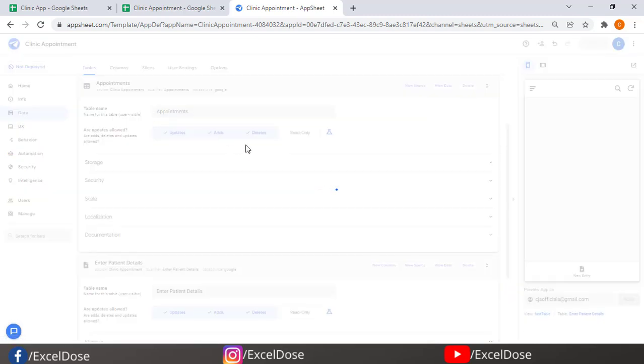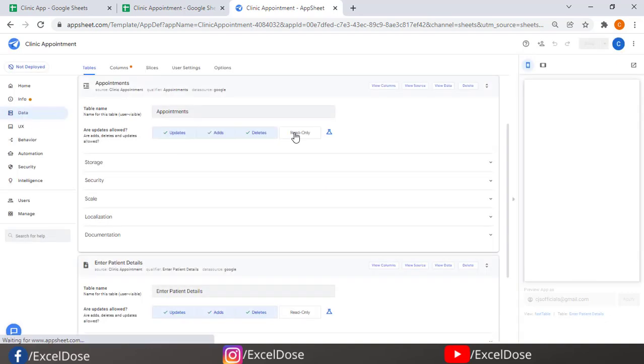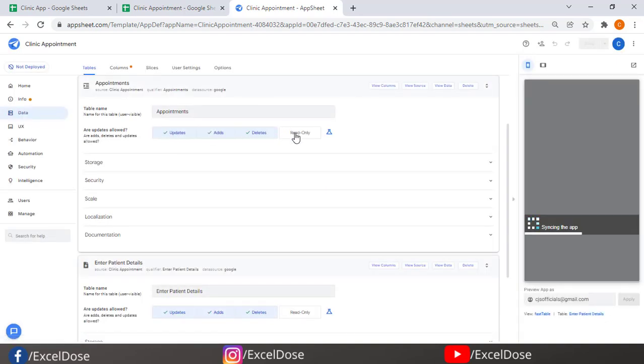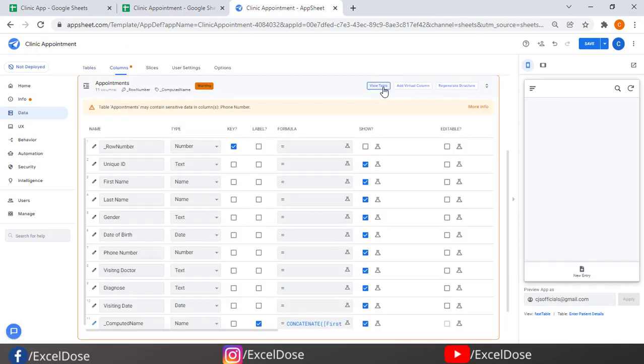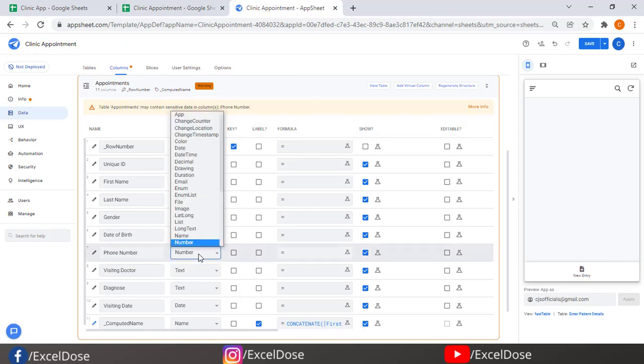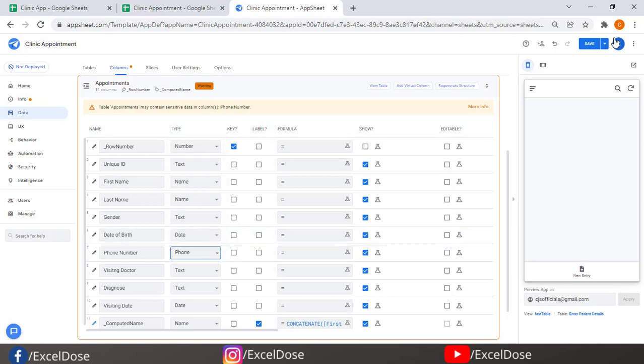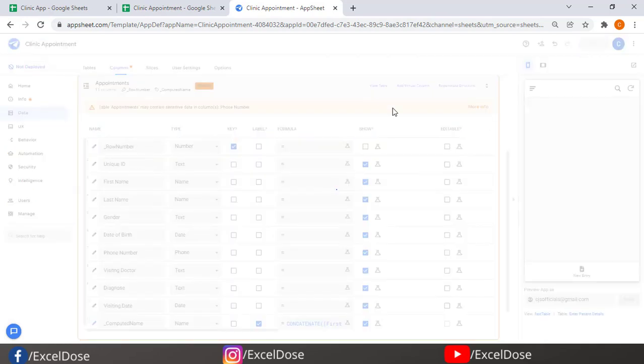For this appointment section, we have to just simply read the data, not update anything. So I will select only read only, and the view columns remain the same, so no need to make any changes in that. Phone number, it's showing an error, so we'll change it to phone, and then let's save this also.